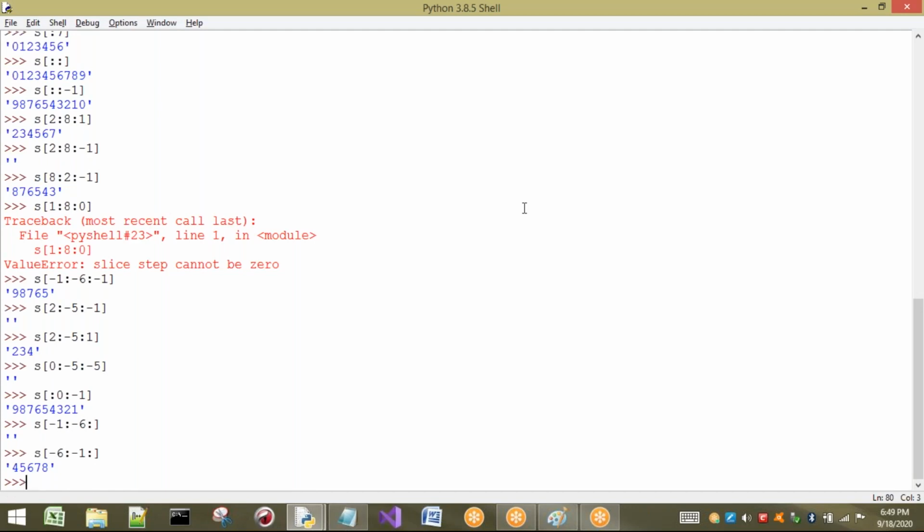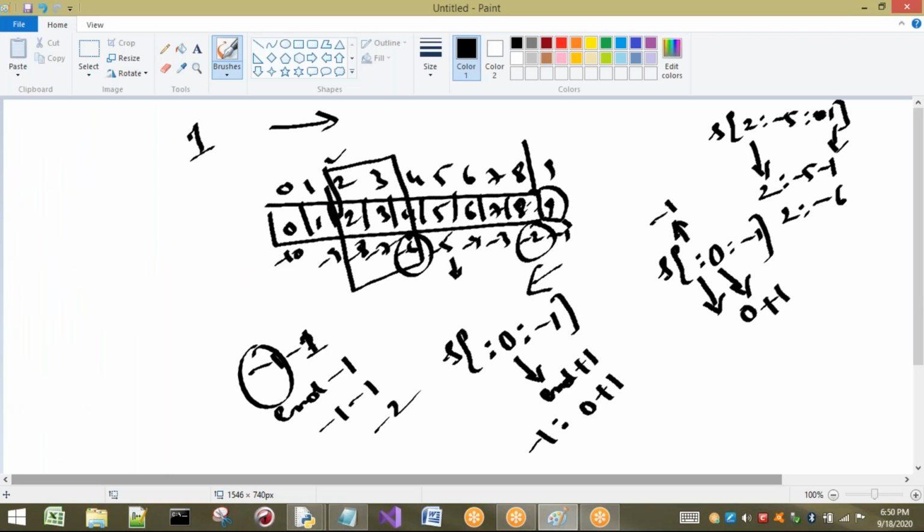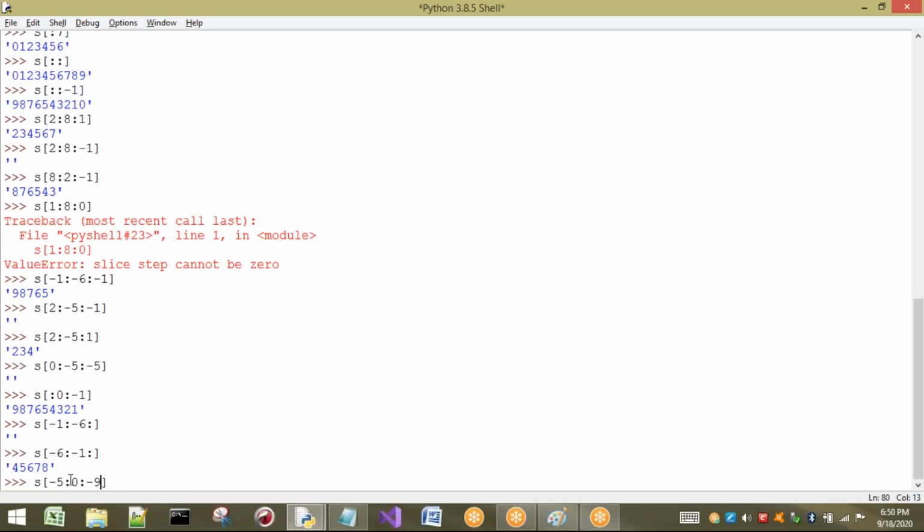Here I'm going to consider S of minus 5, 0, minus 9, or some minus value. Here what I am telling is, from minus 5 to 0, the step value is what? Minus 9. That means minus indicates what? Backward direction. In the backward direction, are we getting minus 5 before 0?